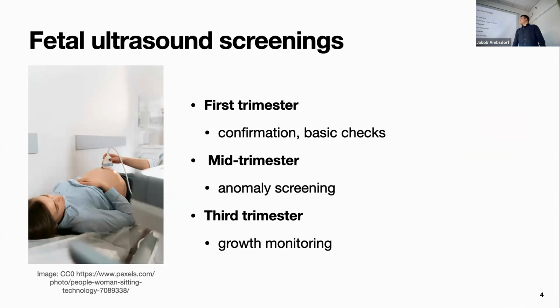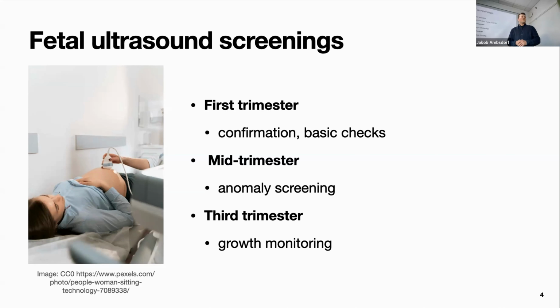Before we can start talking about fetal ultrasound and screenings and so forth, let's just get a little bit of an overview. So just need to get the Zoom. Okay, so the interesting thing about the fetal ultrasound screenings is that almost everyone knows something about them. Either you have experienced them firsthand or secondhand, or you've at least seen it on TV sometime. So you're going through them when you're pregnant almost everywhere in the world. And you typically have at least two screenings.